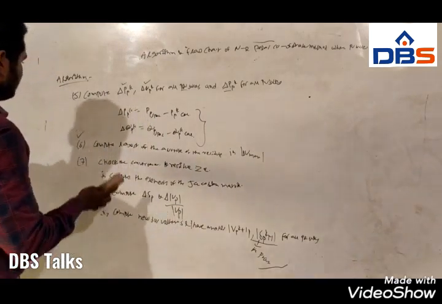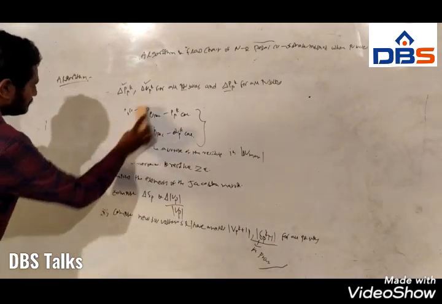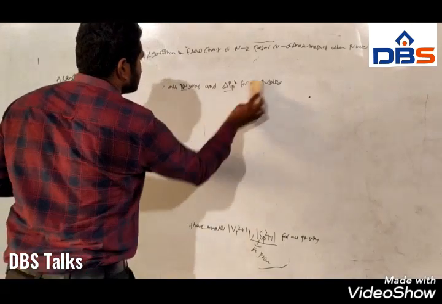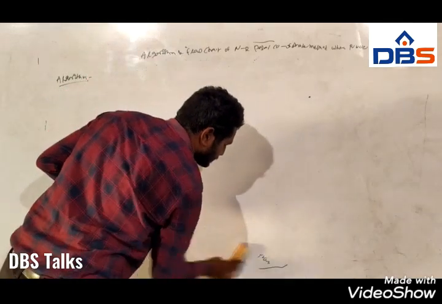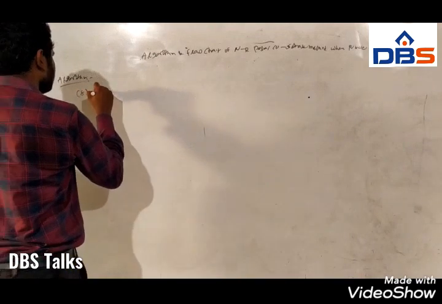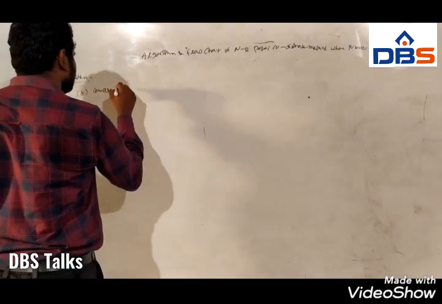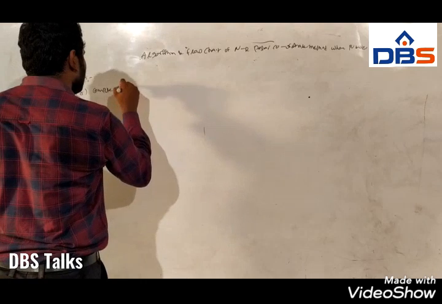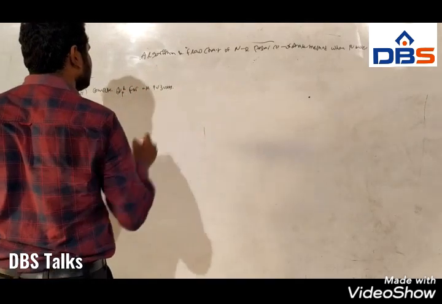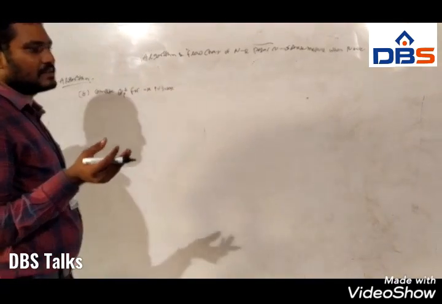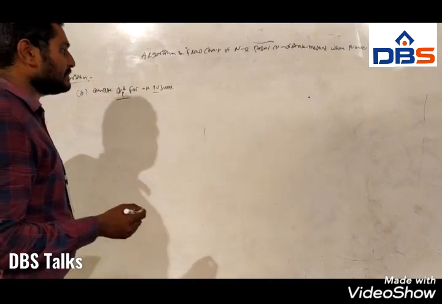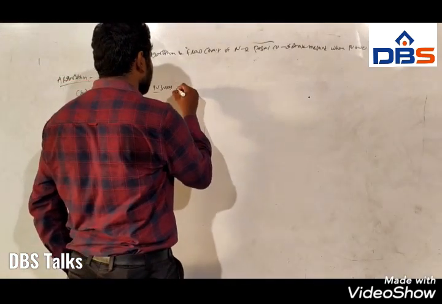And coming to the eighth step, in this case we are considering the PV bus also. So for the PV bus we have to calculate reactive power. That is the eighth step. Compute QP^K for all PV buses, and also check the limits. We have to calculate QP^K for all PV buses, that is the reactive power for the PV bus, and at the same time we have to check the limits.